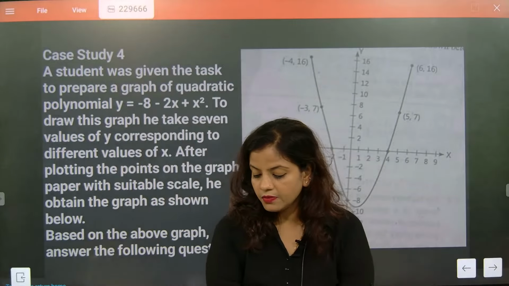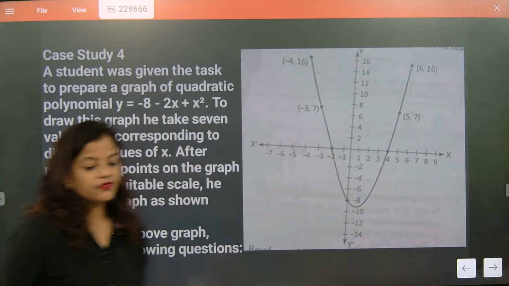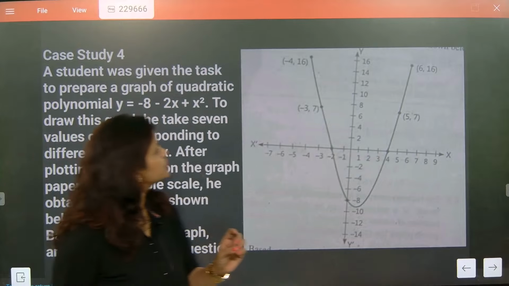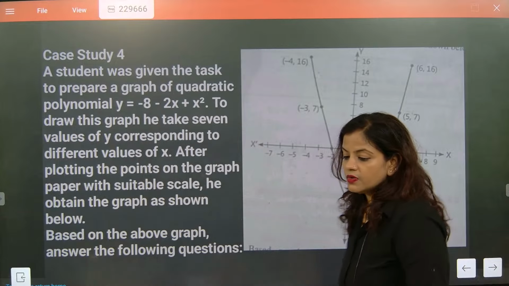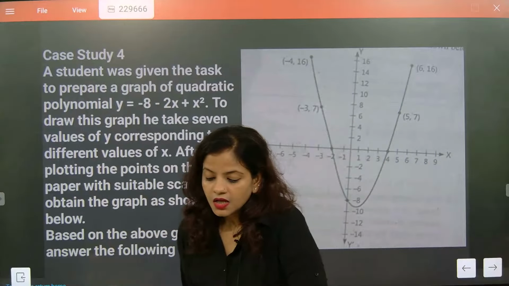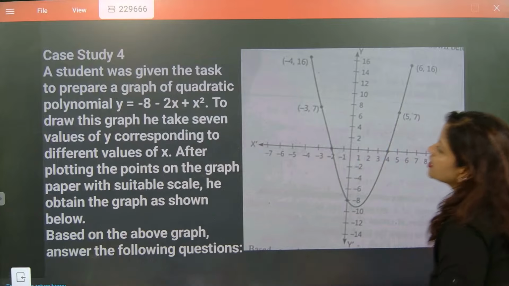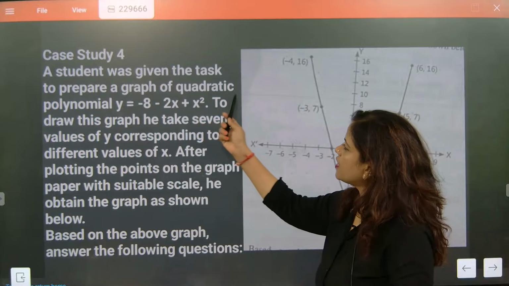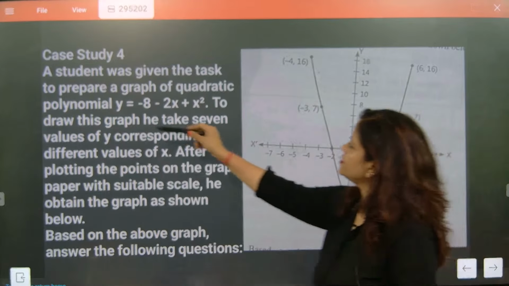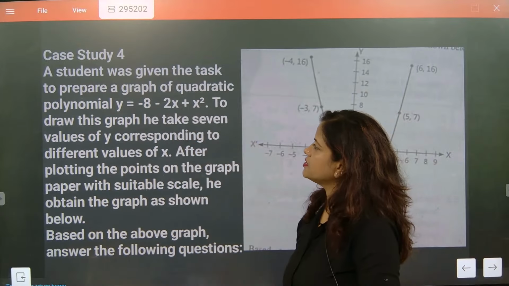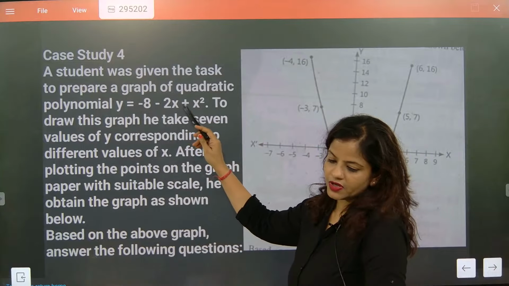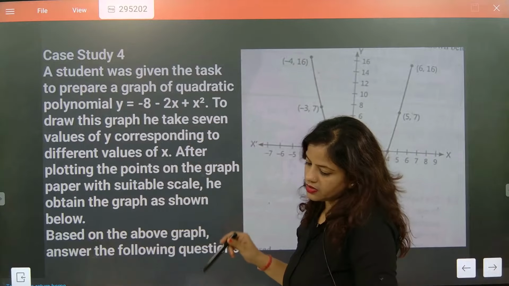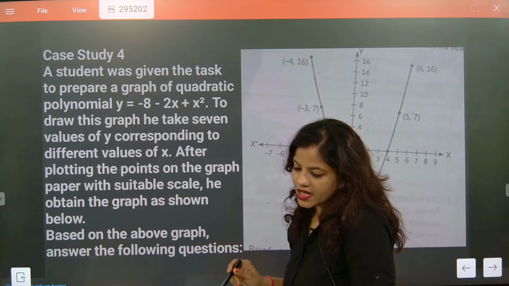Now look at the previous case study 4, we are going to do this case study. The student was given the task to prepare a graph of the quadratic polynomial y equals -8 minus 2x plus x square, that is x square minus 2x minus 8. Now what they are actually asking here is